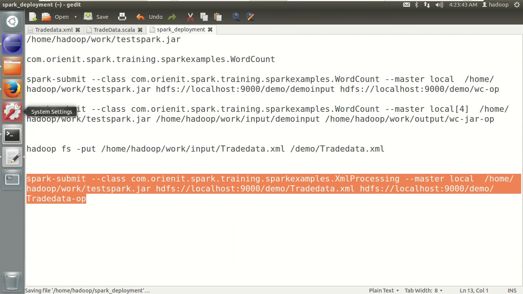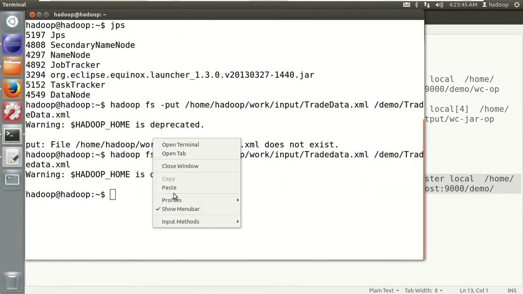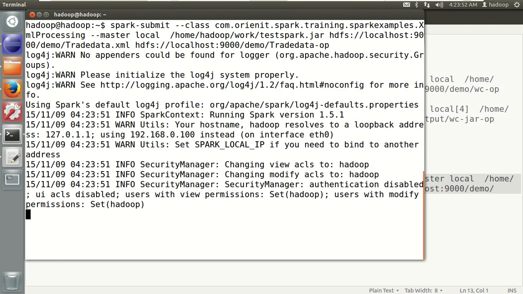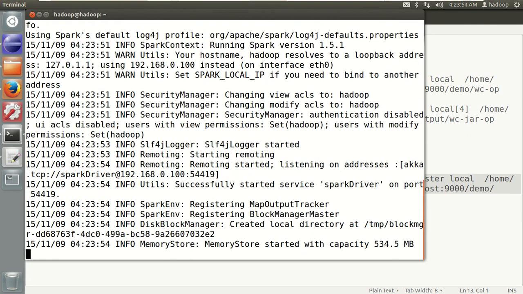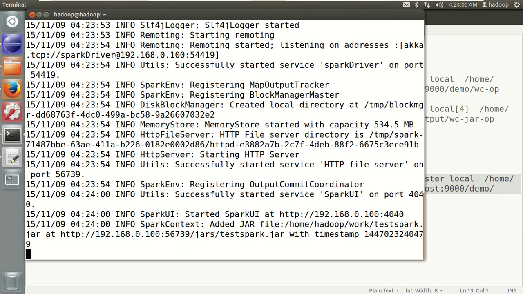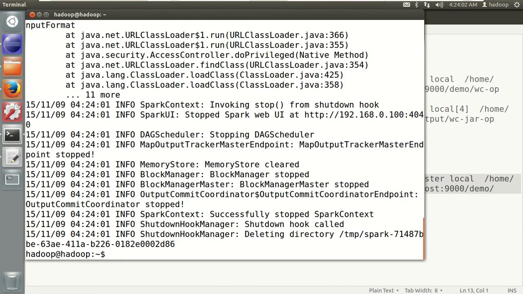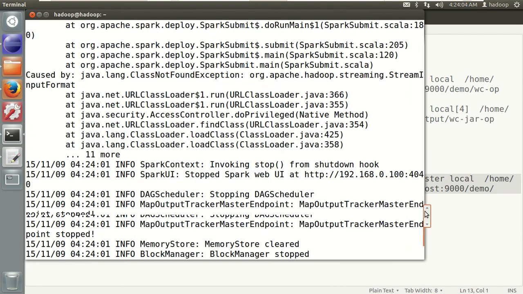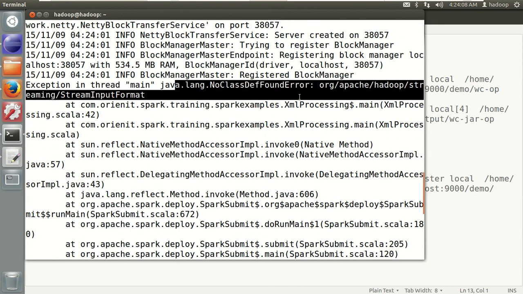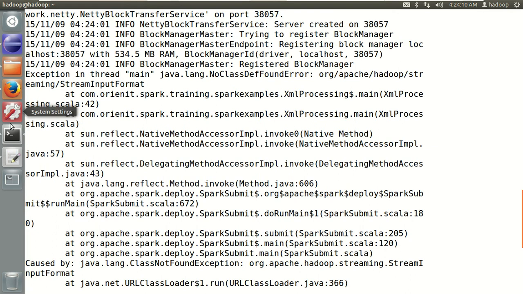Let's submit it through Spark. It is not going to work because some dependencies are required. I'll show. If it is provided in the class path, it mostly works. If not, we have to provide it at runtime. Let's see. No class def, so we have to pass this one at runtime. For that,